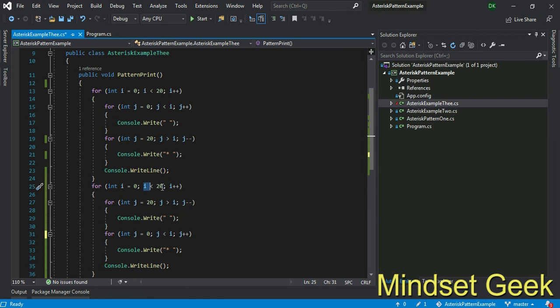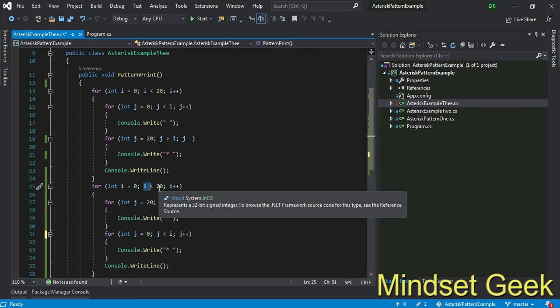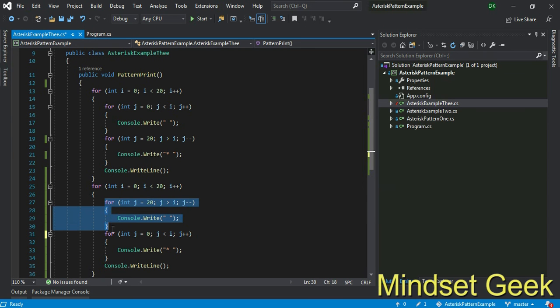Then check whether 0 is less than 20. That is true. Then it comes to this line and prints 20 spaces. Then j is 0, and 0 is less than 0, it's false, right? Then no asterisk prints. In the first line, no asterisk will print.